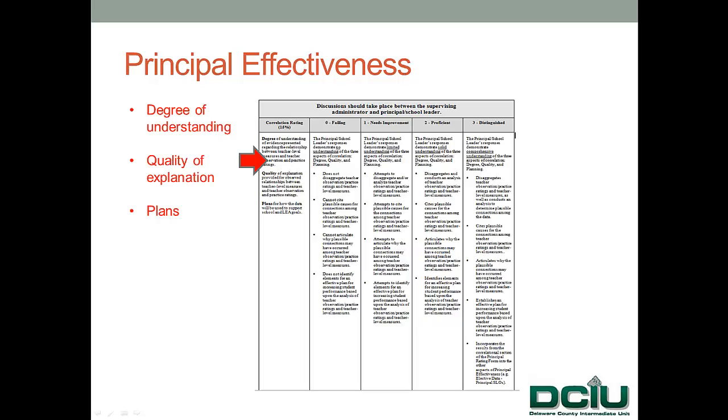Second is the quality of the principal's explanation provided for the observed relationship between those teacher level measures and the observation and practice ratings. And third are the plans that the principal has on how to use the data to support school and/or LEA goals.